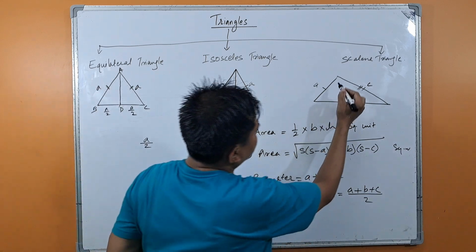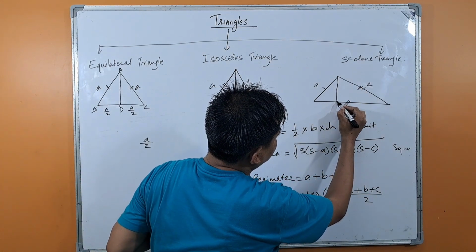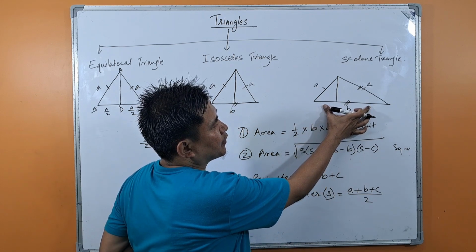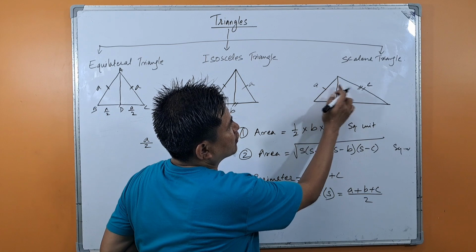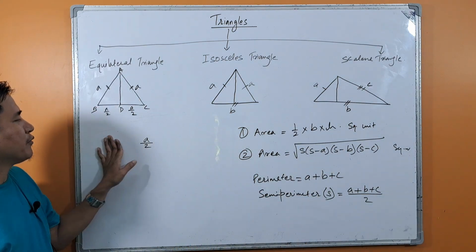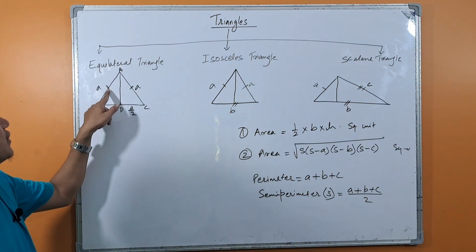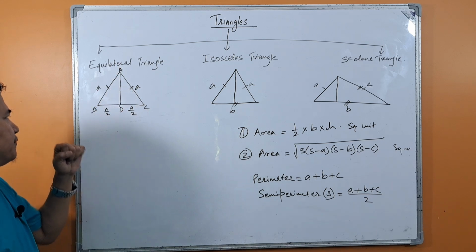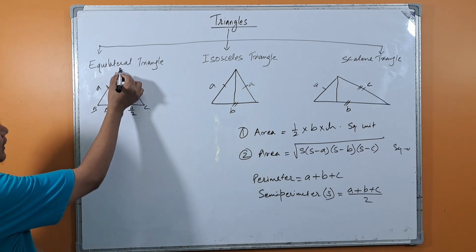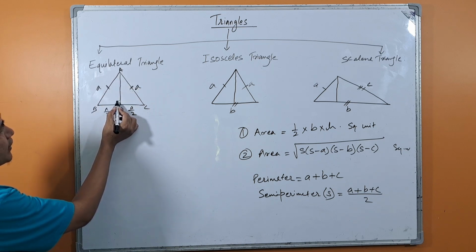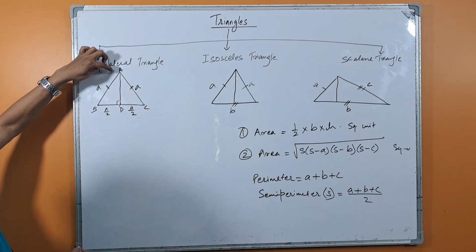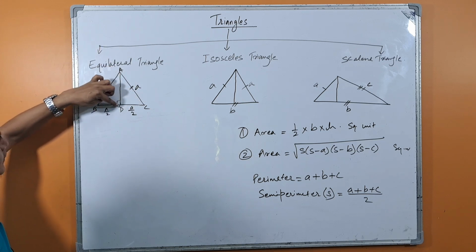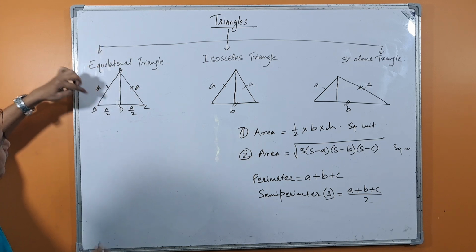But in this case, if I draw a median, then this median will not bisect B, because this side and this side are not equal to each other. So from here we can understand that if these two sides are equal, the median will bisect the third side. Now in triangle ABD, we can see a 90-degree angle here. Now first we find the altitude of this triangle ABC. In triangle ABD,